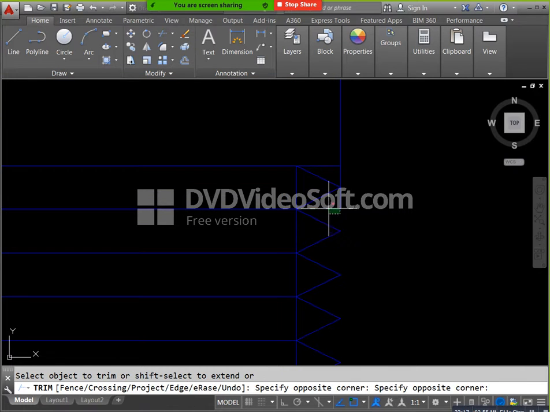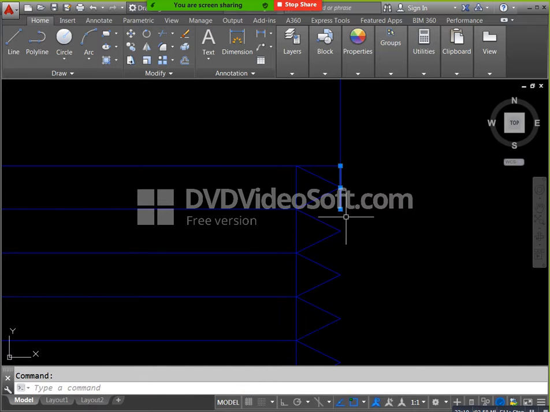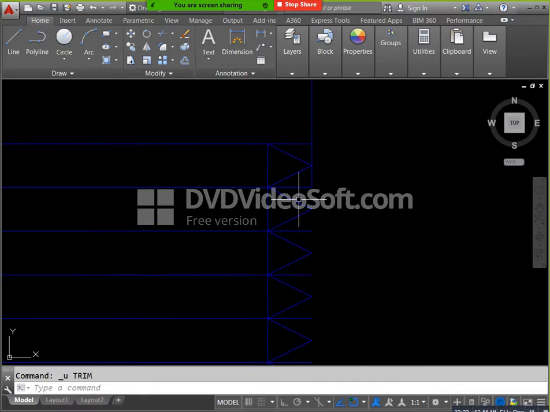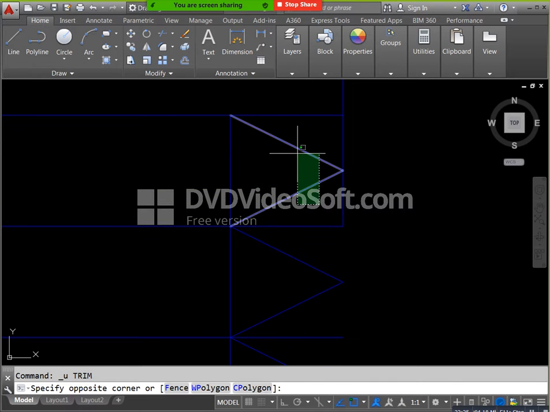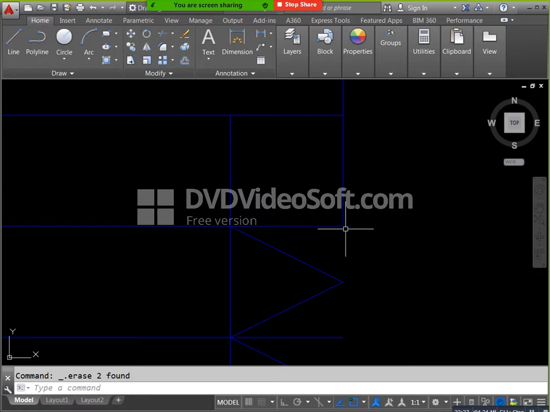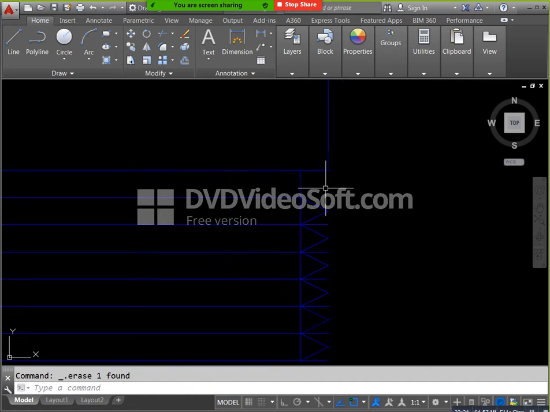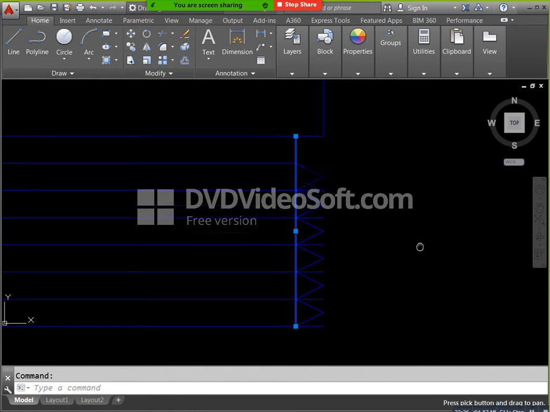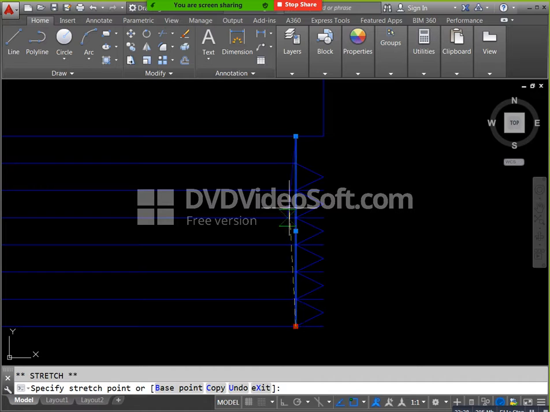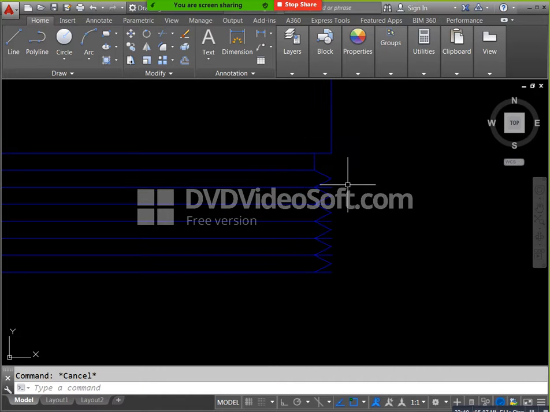You can represent like this. Okay, now you can select this one, you can apply here. Now you can remove this all, TR double enter. Okay, this is our flexible connection representation. If you need this one, you can select. Okay, and do mirror.